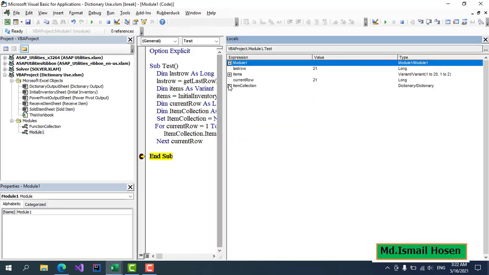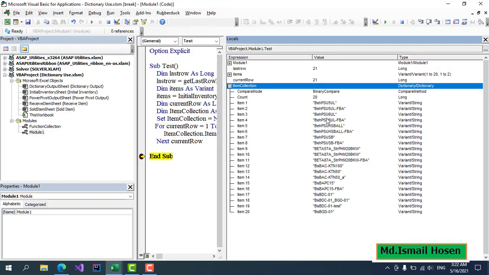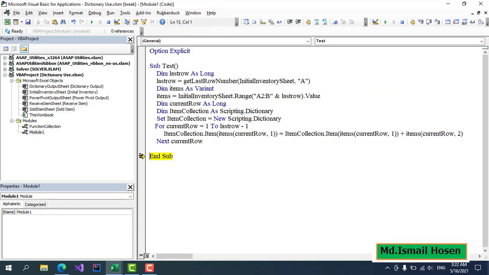If I go to this item collection, here we have all of these SKUs. Okay, so it's done for this particular initial inventory, right? So now we have this initial inventory. Now what I need to do is add these items again for the received items and then for the sold items. So here the variable actually,